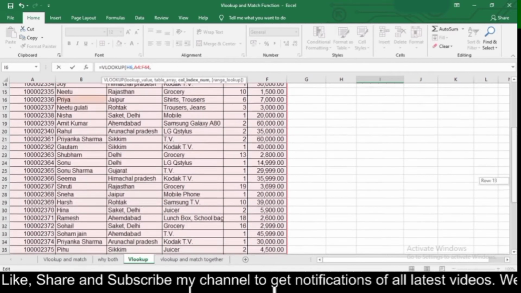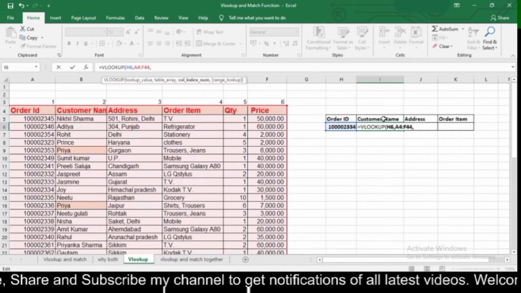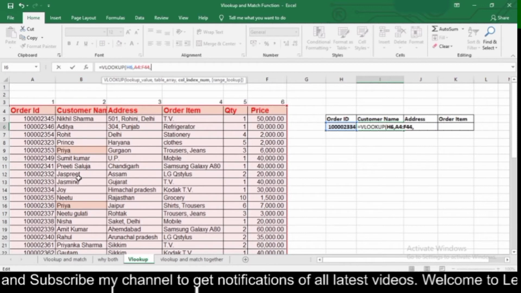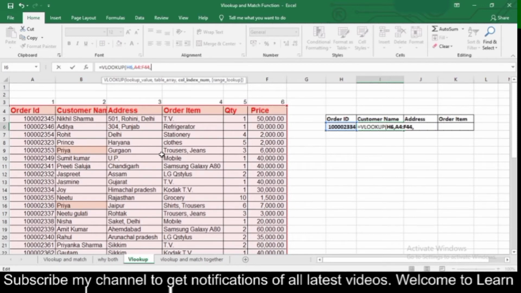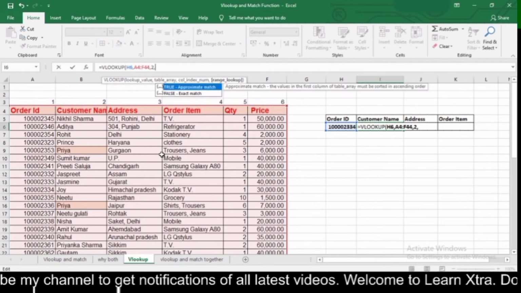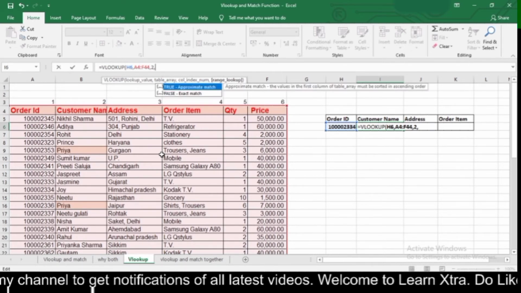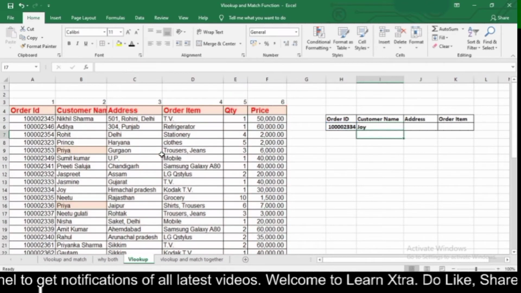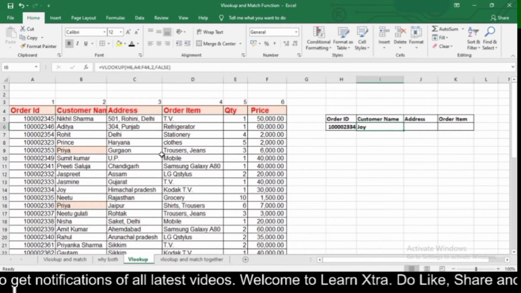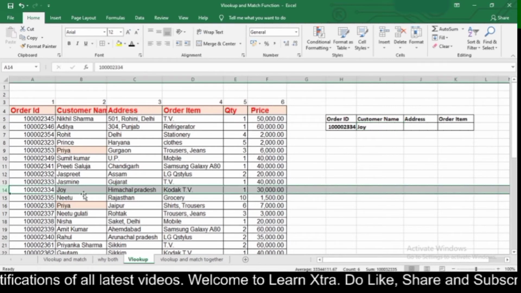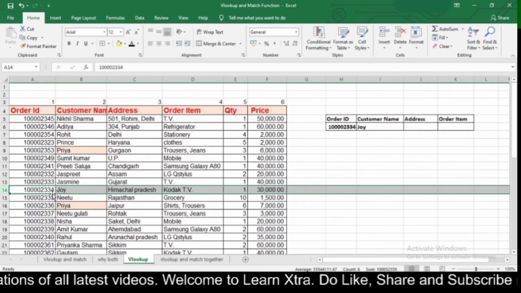Here I am finding my customer's name and my customer name is in column number 2. So that is why here I will type 2 for column index number and then comma, and then I will type false for exact match and then press enter. So here I got my answer as Joy, which is for this order ID number which is here.